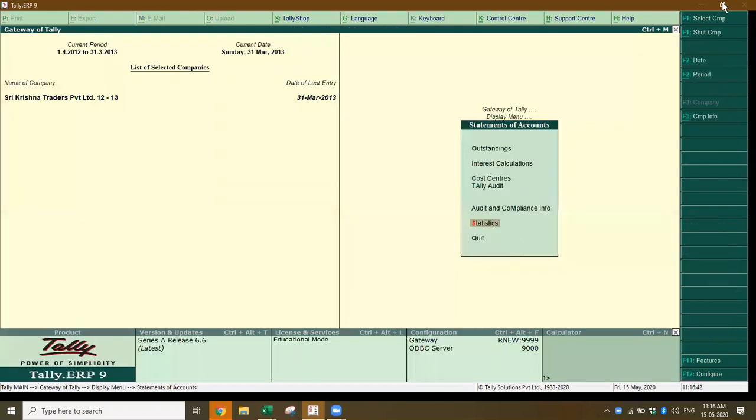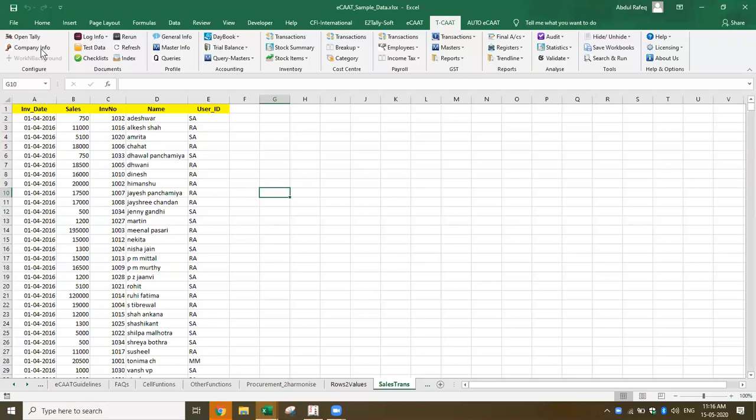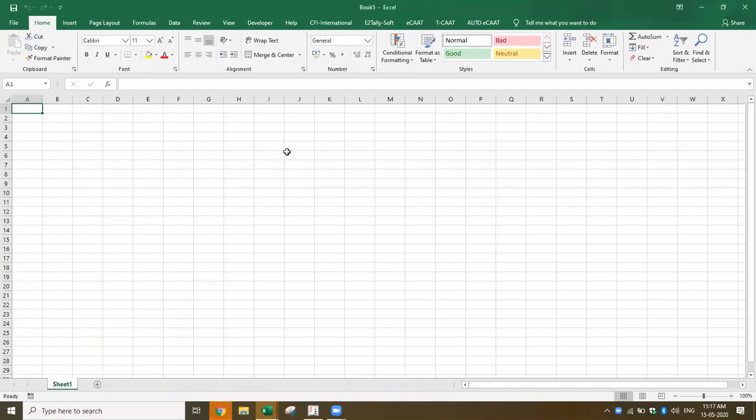Now from this, let's see what I can do in the Tally data. For the Tally data, we've got one more software called TCAT. Now if you look at this TCAT, these are all the functions which are available in TCAT. So first, you can open Tally, you can configure the company info. What our audit tool does is it will maintain an audit log of what you've done. Let me directly go and check now. For documentation purposes, I want to do some analysis. I'm going to open a new sheet. Now I come back to Tally TCAT. Now here if you see, there's something called general info.